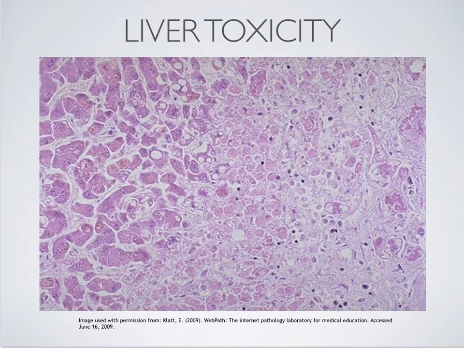So I want to start out with this image and see what you guys think about it. See what kinds of things you notice. And you should have read about necrosis, apoptosis, cell injury, cell death, and we're going to get into the morphology of these things today. So when you see this, and I already gave you a big clue that this is the liver,